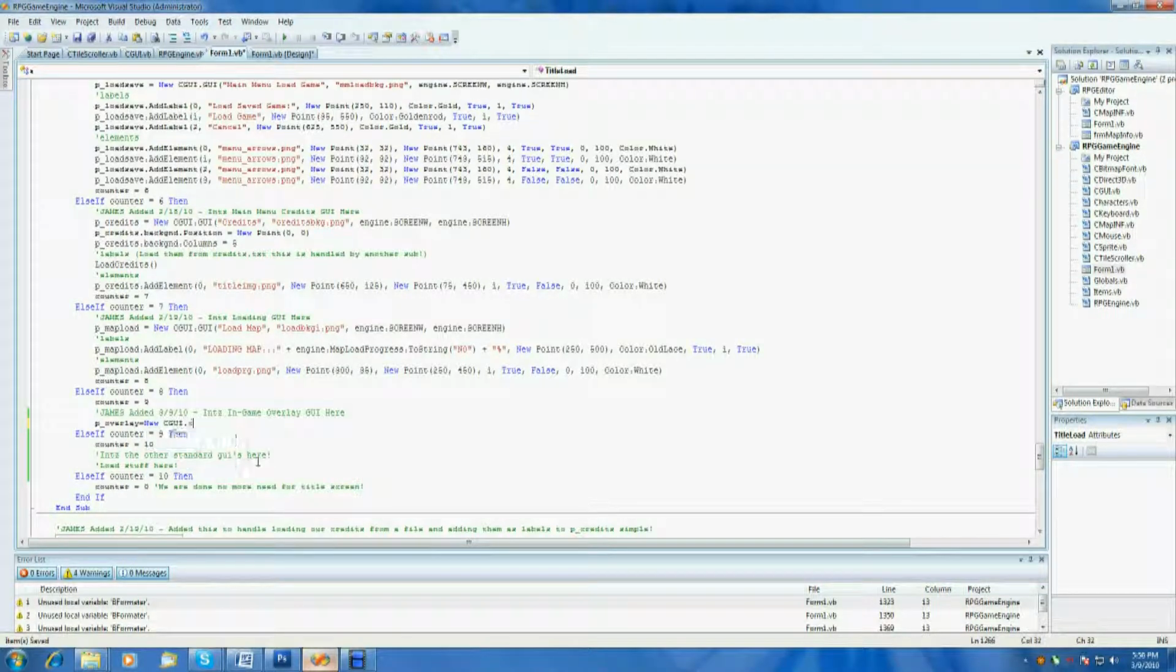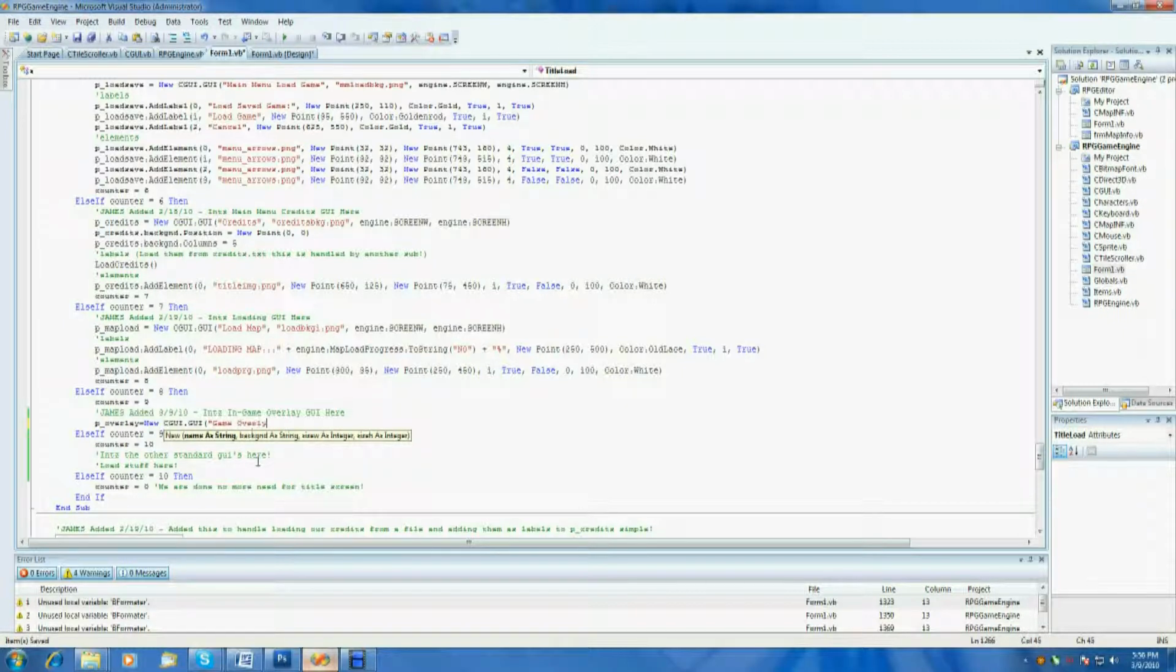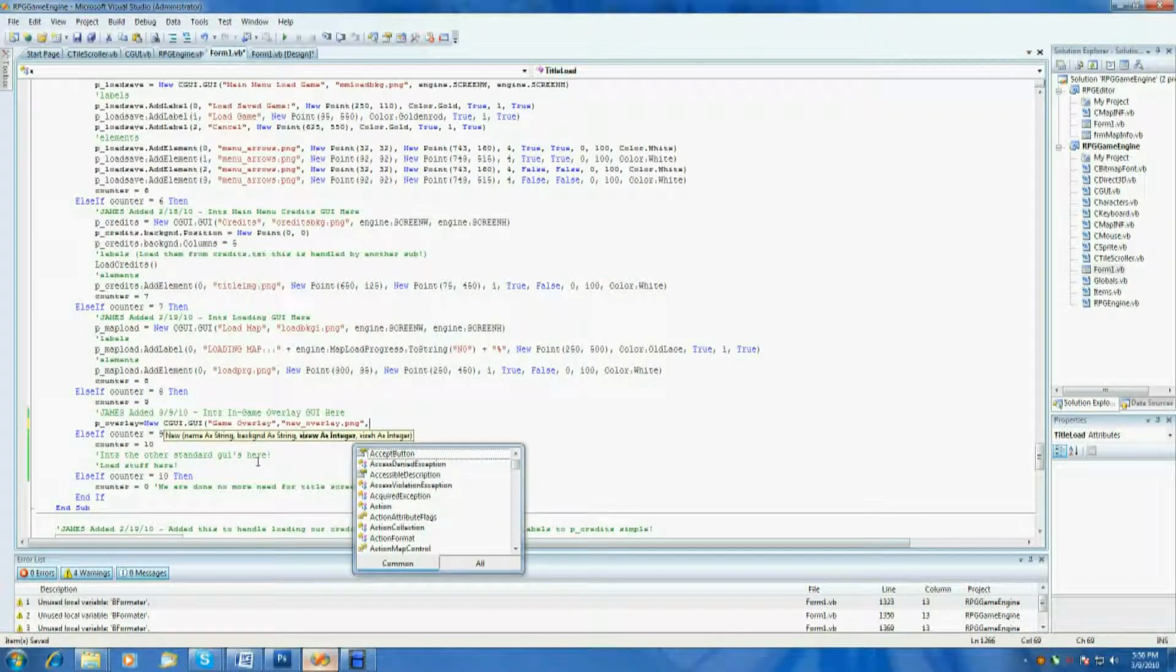GUI. So first thing I do is a name. Just go on, look very simple. Call it game overlay. The background is the actual file name for the background, which is new overlay.png, and then the actual size and width. Now, when we add